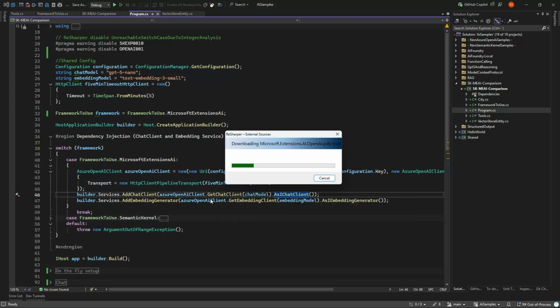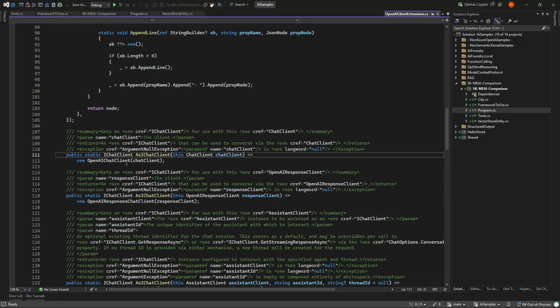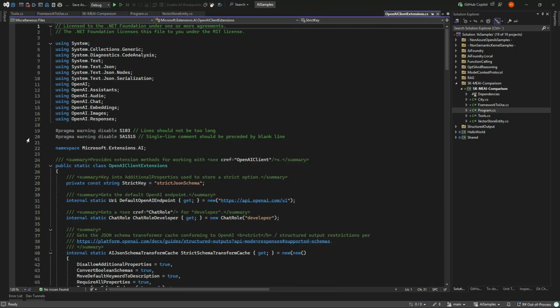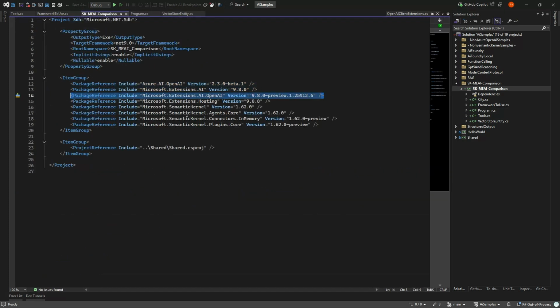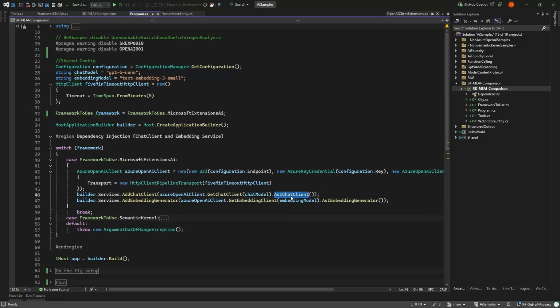If we look into these, you can see these are the ones that are part of Microsoft Extensions AI, and in this specific case, part of the OpenAI underlying model. This is the reason why we can do this. It turns into this more generic thing.